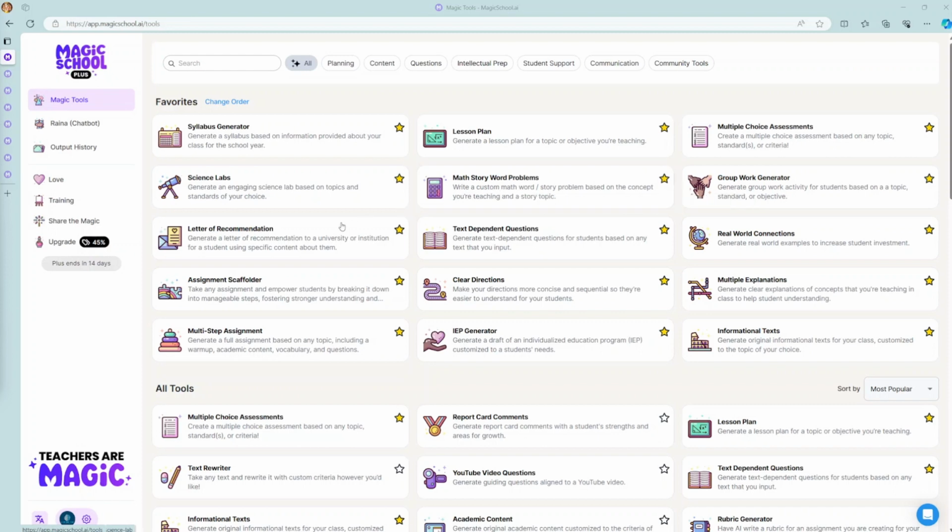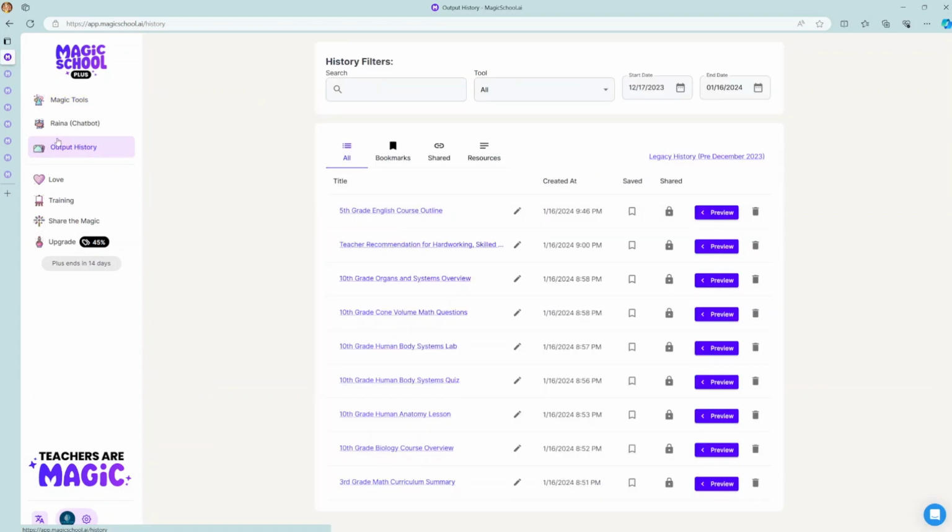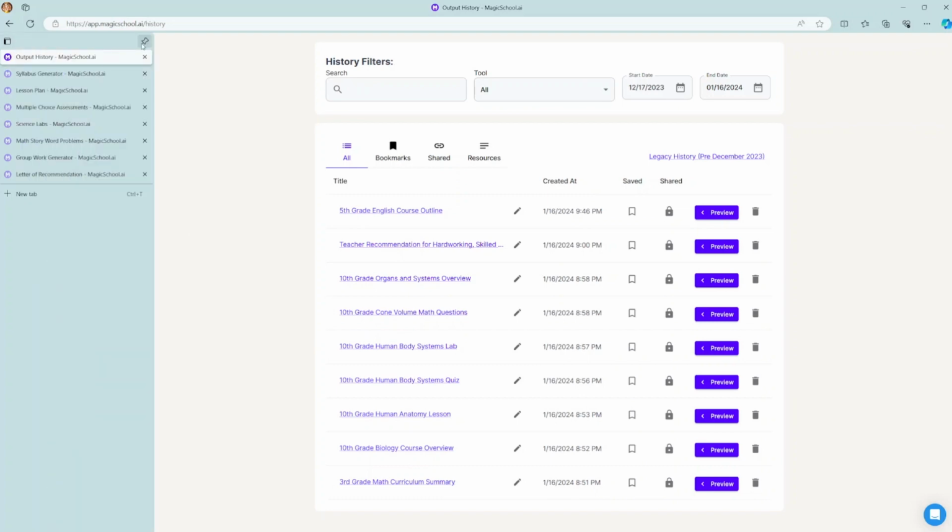Now, during the trial, I actually created all these, and each of the results are stored in the output history folder. So you can see that I tried quite a few of them. So what I'm going to do is, rather than generating everything, I'm just going to open up these individual links and show you how I created it and what are the prompts that I used for each of them.